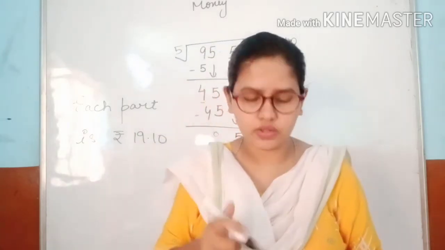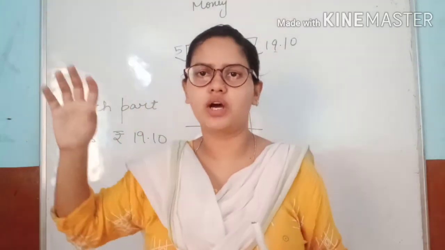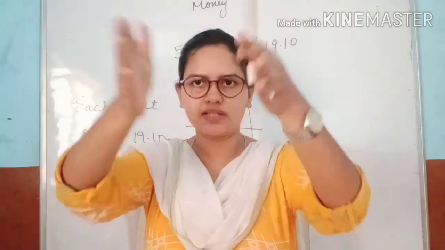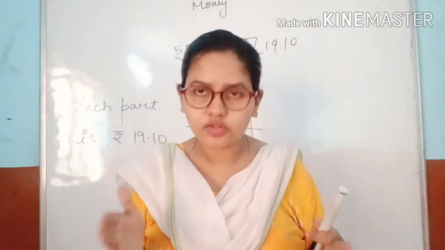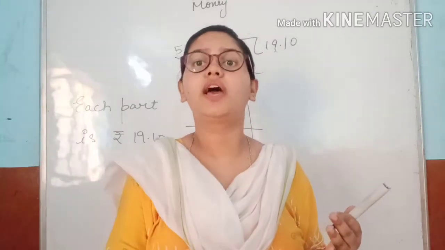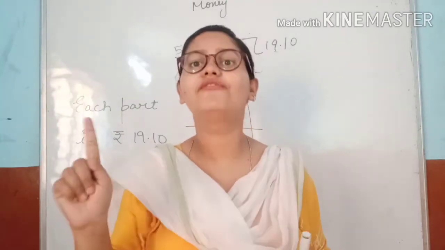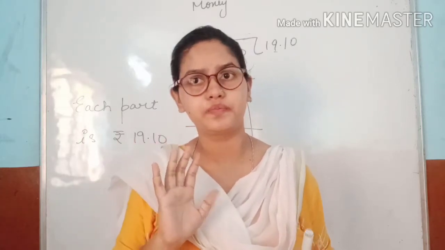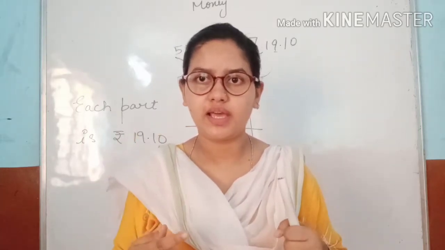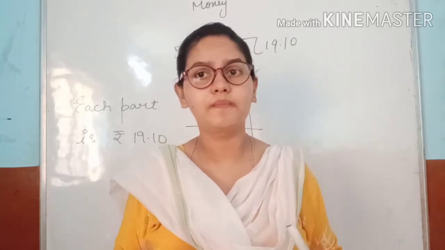Now we have an amount, right? I have given to Shivam, to Ram and again to Shyam, right? To the 3 persons I have contributed 3 equal amounts in their pockets. Now what do I have to find? I have to find how much I have given to each of the 3 of them. Okay. So we will find out and then we will give the answer as a statement. Okay. Let's do this.